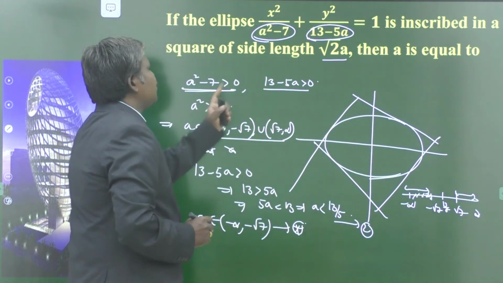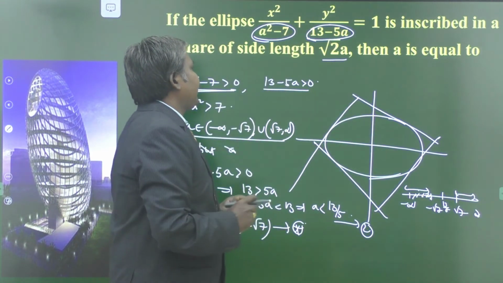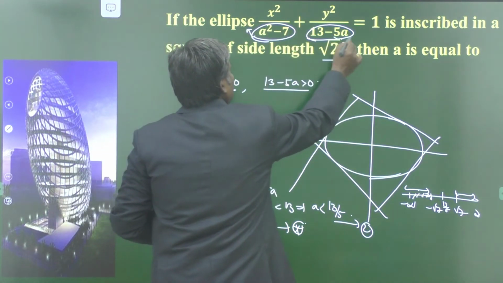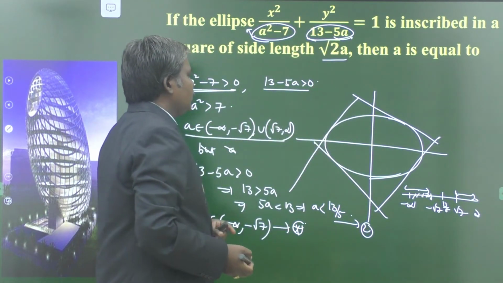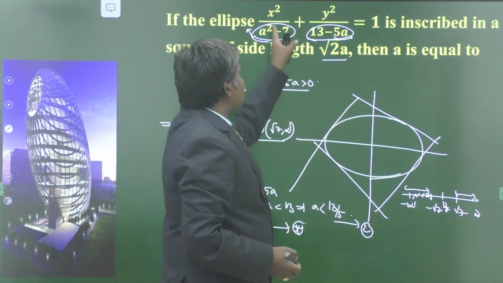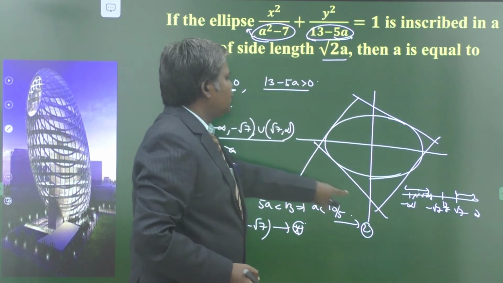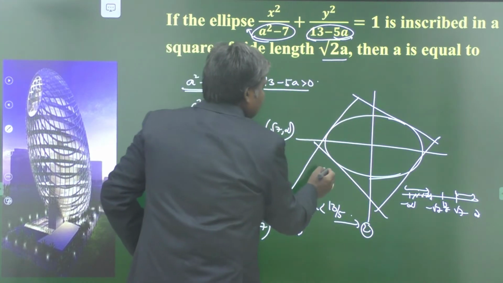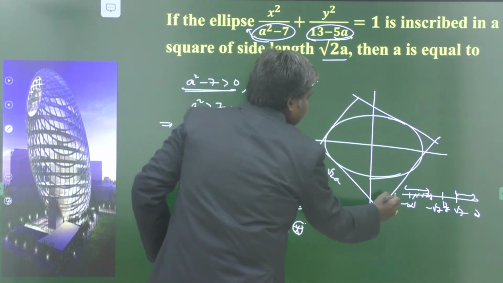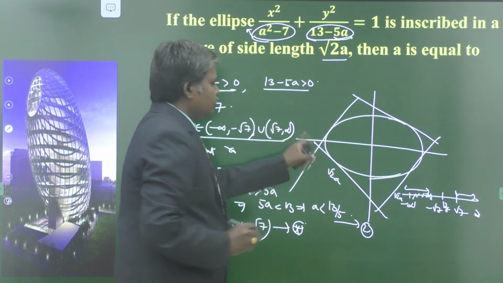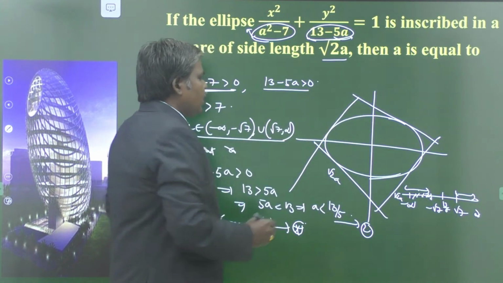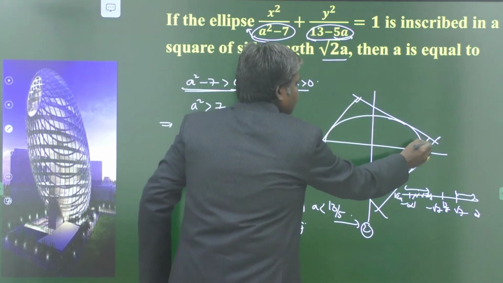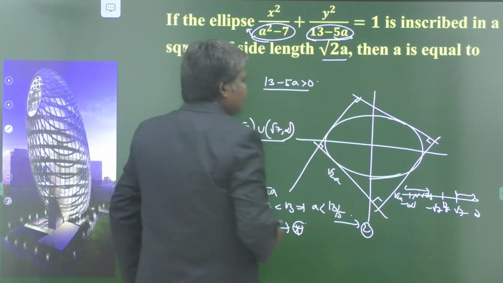Now this is some set. This is the range up to which both the a square and b square values are positive. This is your a square, this is your b square value, both are positive. Now my dears, this is inscribed in your square. Its side length is given to you. It is root 2a. This is also root 2a. Understand? What is the angle between the two adjacent sides of your square? This is always 90 degrees.